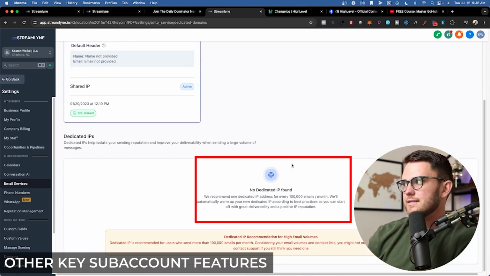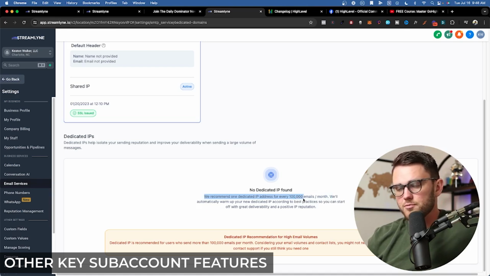Now you might be wondering, what is this dedicated IP thing here at the bottom? This is only if you're sending over 100,000 emails a month, which most of your clients will not be doing. If you are doing this, then I recommend reaching out to an email consultant who can help set this up